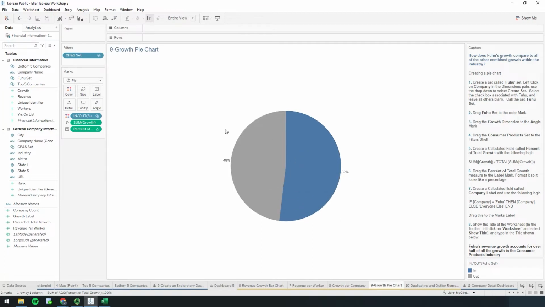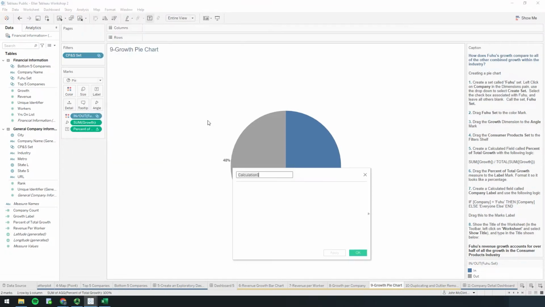And so then I also want to have my labels to say Fuhu, everyone else. And so I need one more calculated field for that. So create calculated field. And then I'll call this one company label. You could call it Fuhu label, whatever you want to say. And so this one's just an if command. So we're saying if the company in question, company name in this case, equals, and then since we're referencing a specific string, that string needs to be in single quotes or an apostrophe,